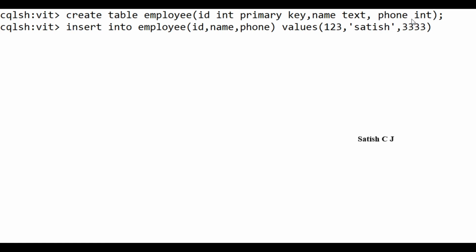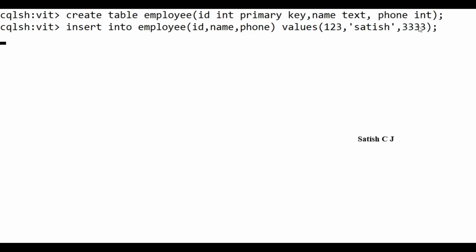So that is what I can do when I declare phone number to be of data type integer. But when I declare phone number to be of data type set, I can have multiple phone numbers inserted here. I can have many phone numbers associated with a set data type. And there are certain rules pertaining to set. A set will not allow duplicate values. So you cannot have duplicate phone numbers for an employee. And a set will always return the result in sorted order.